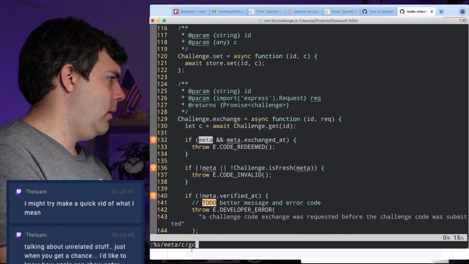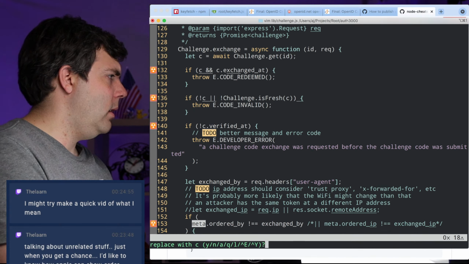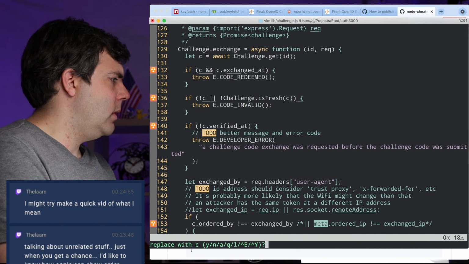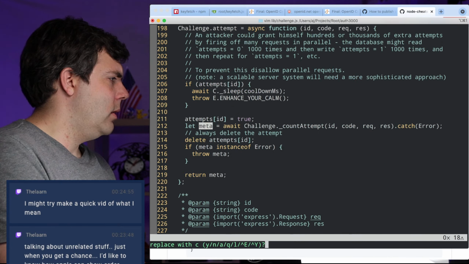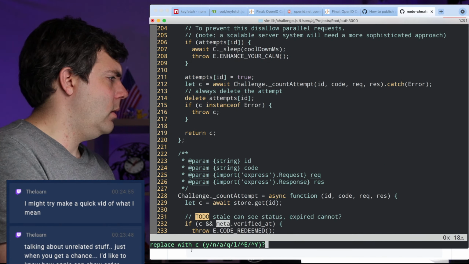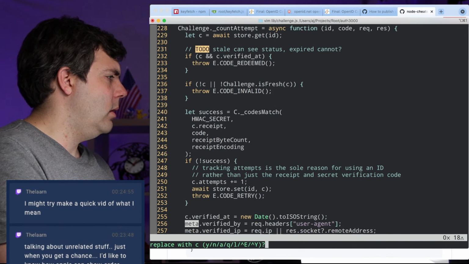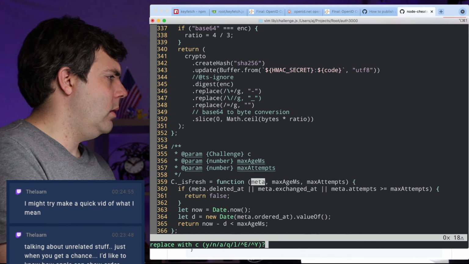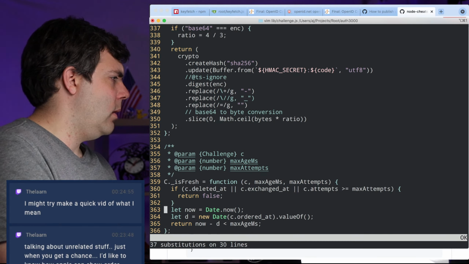Meta and C. Let's see what we could do with that. C, C, C. Okay, that wasn't so bad.